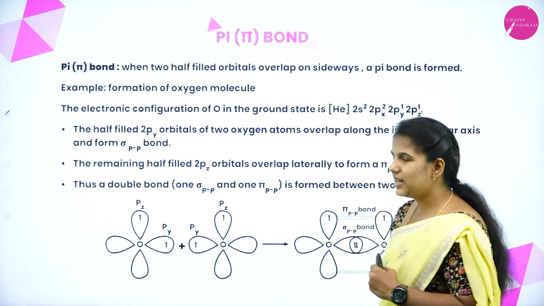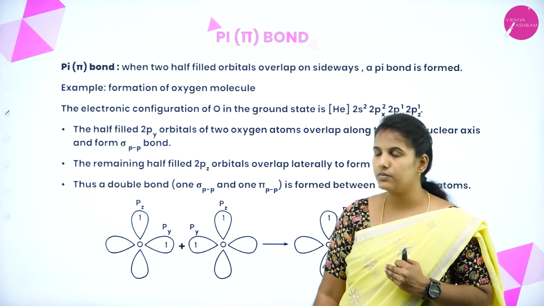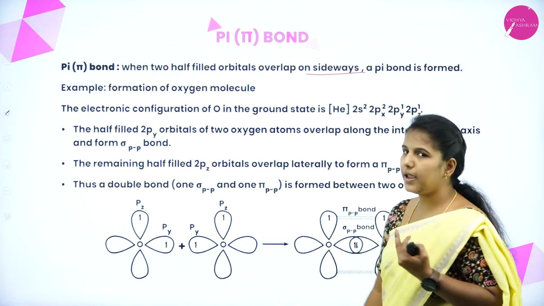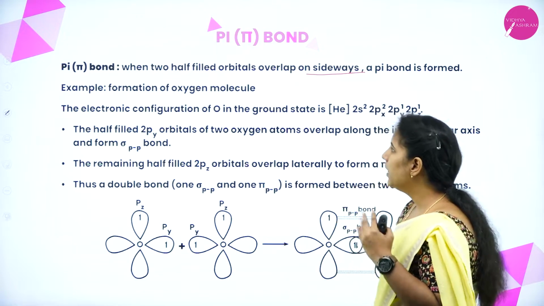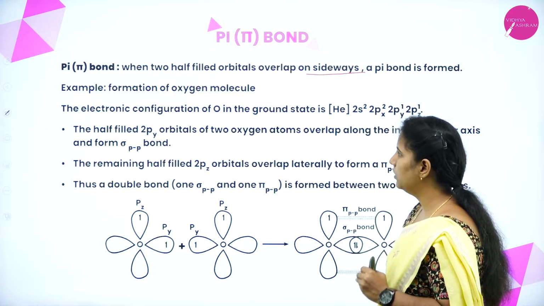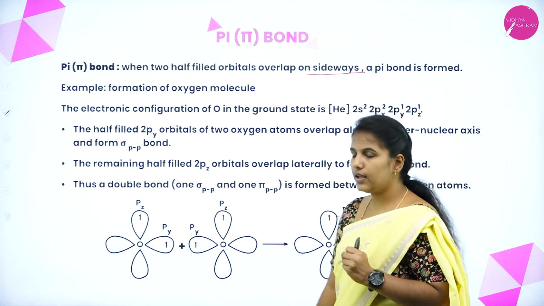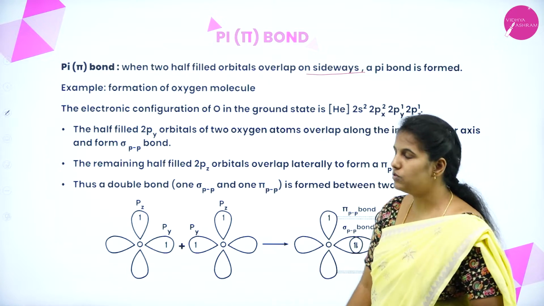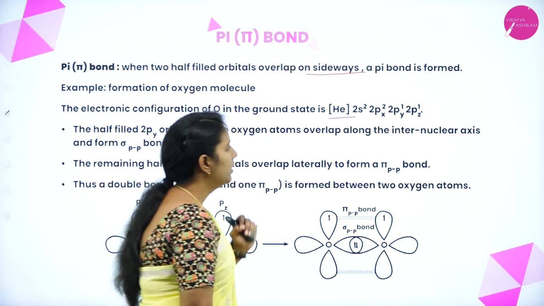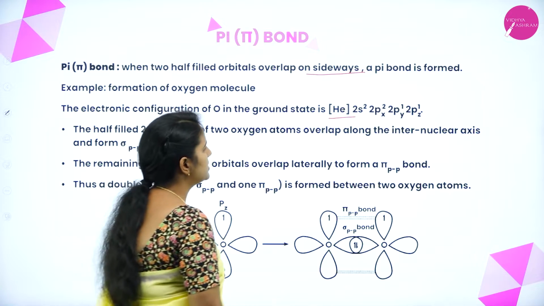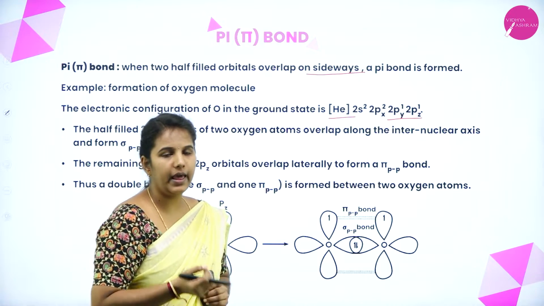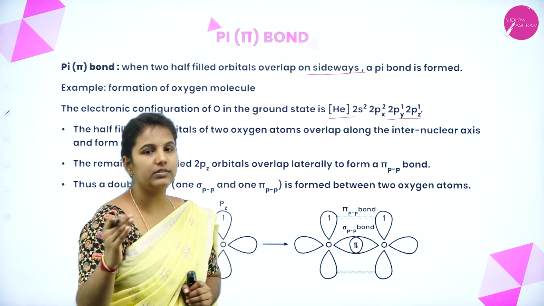Okay. Next, let us see what pi bonds are. When two half-filled orbitals are overlapped sidewise, pi bonds will be formed. Okay. An example is the formation of the oxygen molecule. So, the electronic configuration of oxygen in the ground state is helium 2s2 and 2p4, and you can see that in the p orbital there are 4 electrons, and I have split the p orbitals into 3